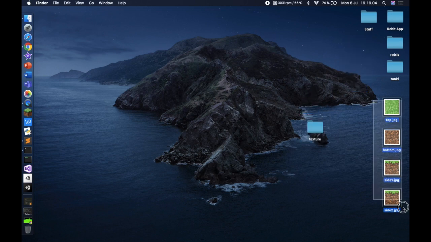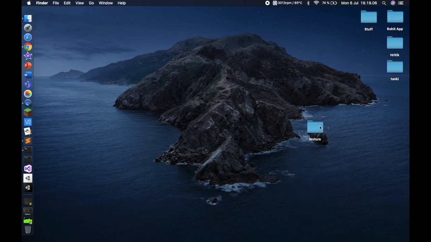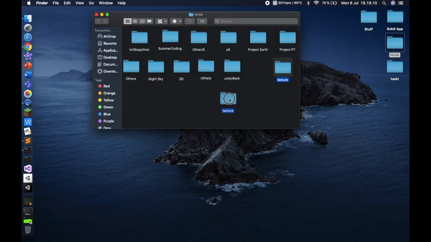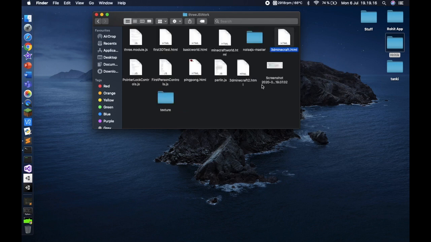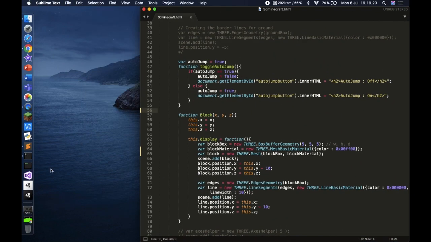drag all of these into that folder, and then you can drag this to your directory where your 3D Minecraft file is located. So mine was located in 3D, and then THREE.js work, and it's right over there, in the same directory as you can see. And then what we can do, we can actually go back into our